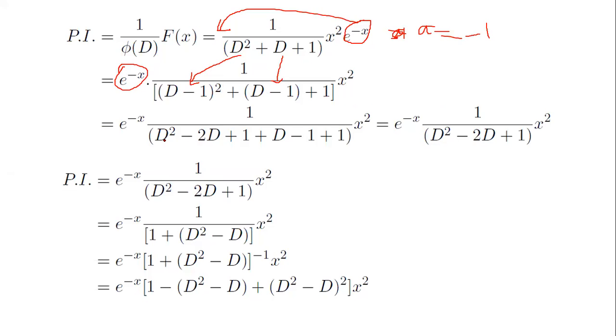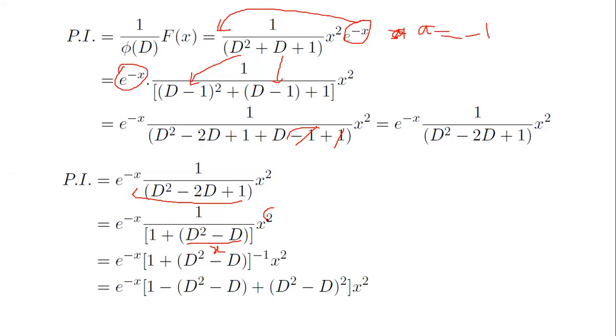When you are expanding that, D square minus 2D plus 1 plus D minus 1. So this minus 1 plus 1 get cancelled, and then minus 2D plus D is minus D plus 1. Now what we'll do, we can take that 1 outside. So this can be written as 1 plus D square minus D into x square. 1 plus D square minus D, that is you are writing that 1 plus x format. So D square minus D is that x,